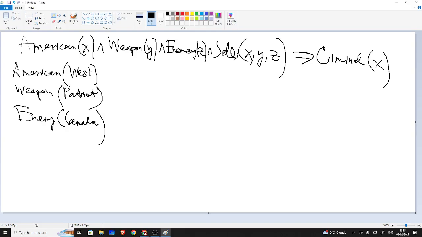Think about it. Enemy Canada, weapon. I hope yes. Then we're missing a fact. What are we missing? I mean, I'm an American, there's Patriot missiles, there's enemy Canada. So what? There's no fact of selling. So you need that. So if you sell, sells West, Patriot,